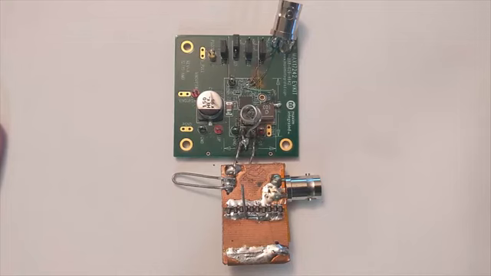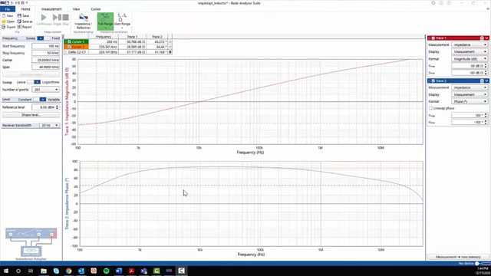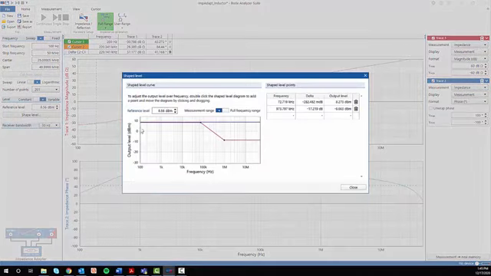It's important to use a matched set of probes so they don't introduce their own gain and phase offsets. After making the connections, I can launch the Bode 100 software and set up a gain phase measurement. The output level of the Bode analyzer will need careful tuning. A drive level too low will result in a noisy measurement, and too high and it will drive the loop